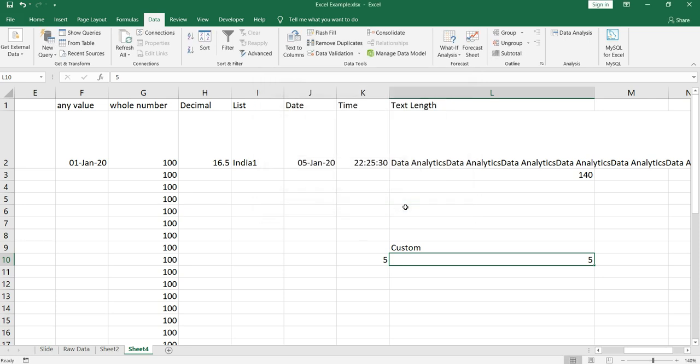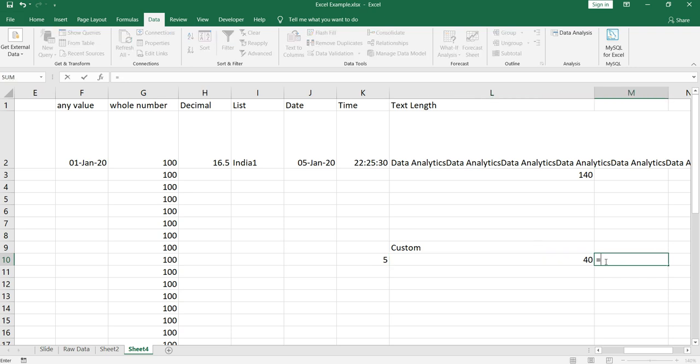I'll click OK now. Now when you input any number here, it's fine, even 10. Earlier when we inputted 6, it showed me error because it was in the custom data validation formula. It was taking that this value should not be greater than this 5. Now if you check, I have used the length formula in my data validation.